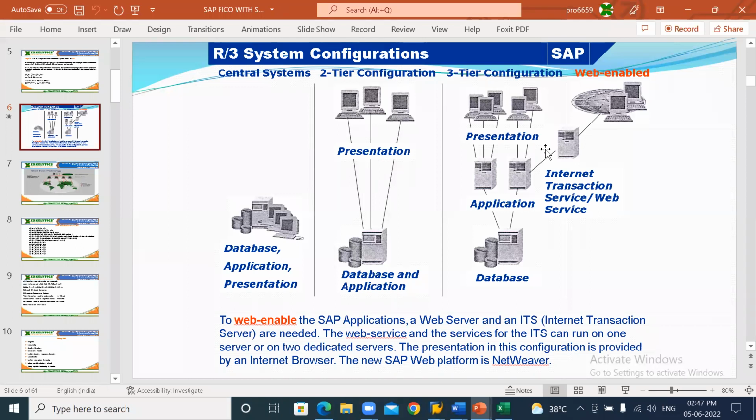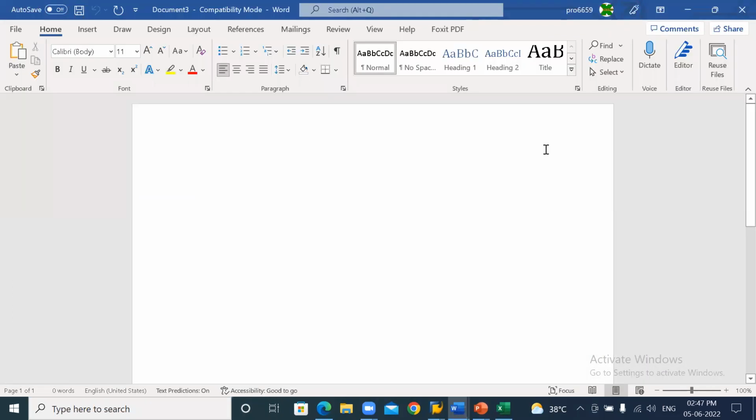Clear? For example, I hope you are able to see the screen. We have 3 concepts here. One is front end, next one back end, and database. Front end, back end, and database concept. So till 2015, even though HANA was introduced in the year 2013 and they created their own database, up to 2015,